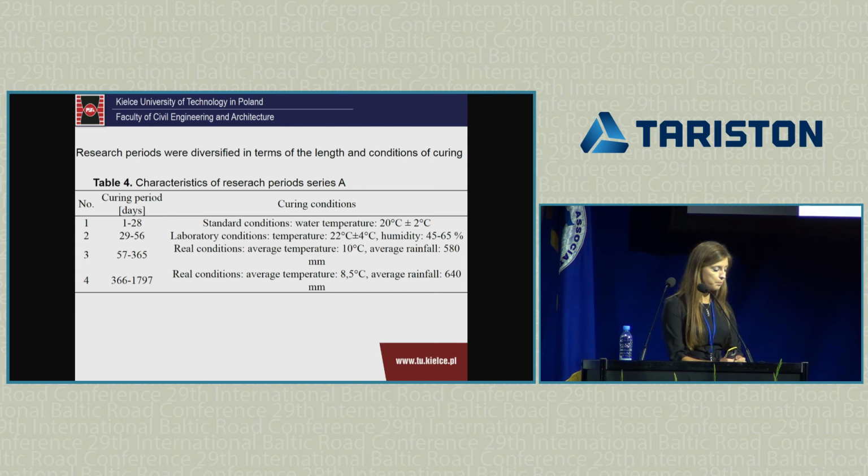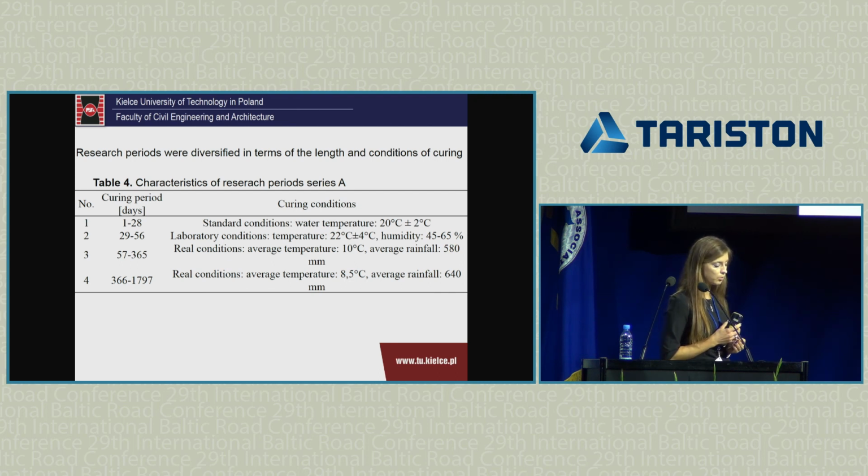In step 3, from 5 years to 1 year, the sample was curing in the real condition. Average temperature was 10 degrees Celsius and average rainfall about 580 millimeters. In the first step, from 1 year to 5 years, the samples of the concrete CC1 and CC2